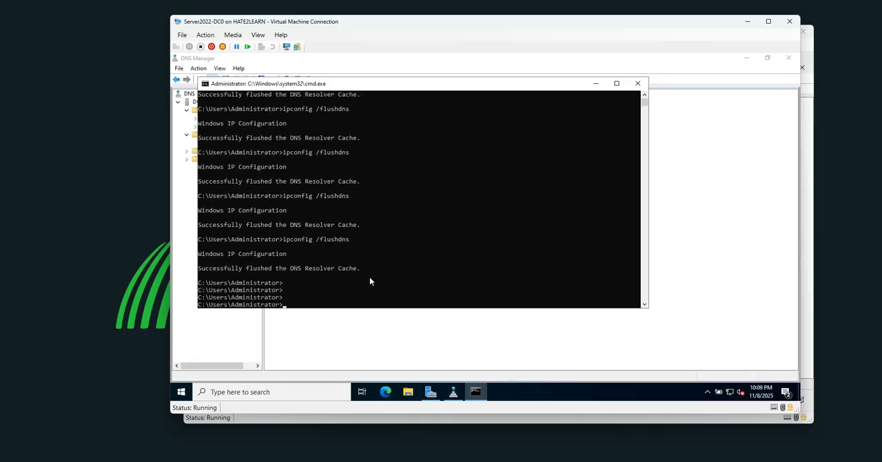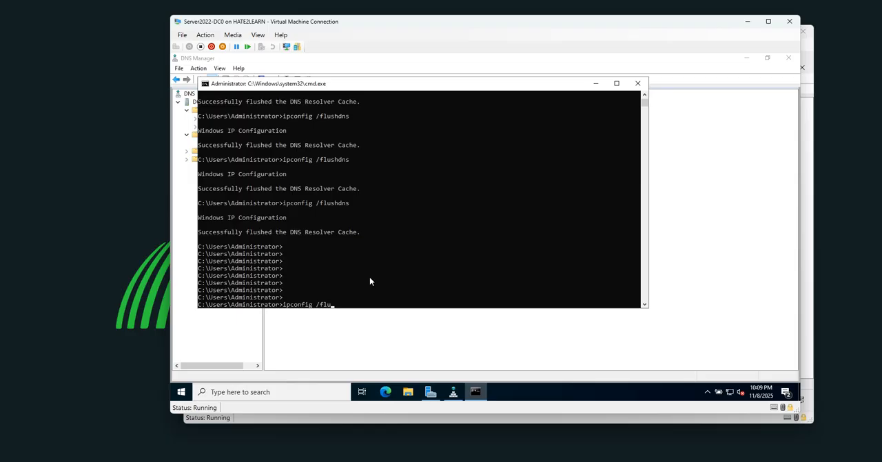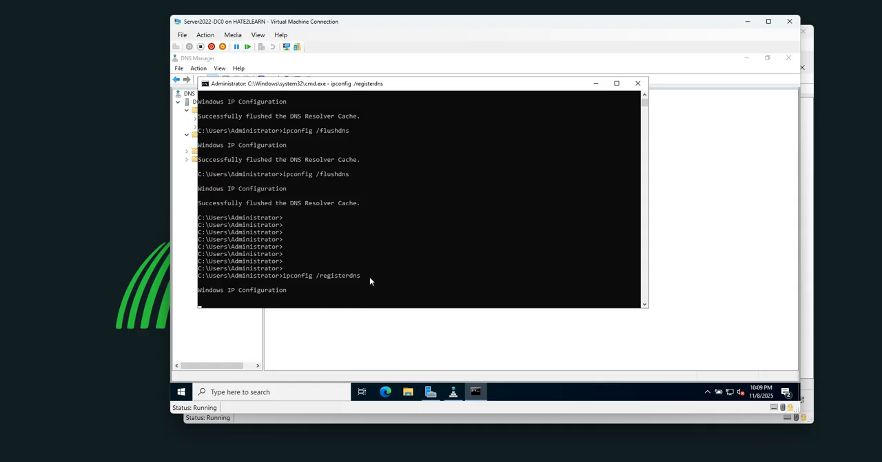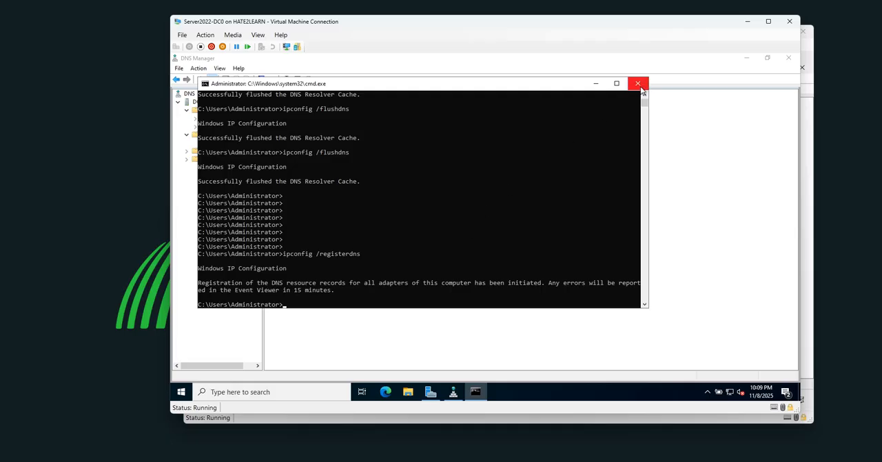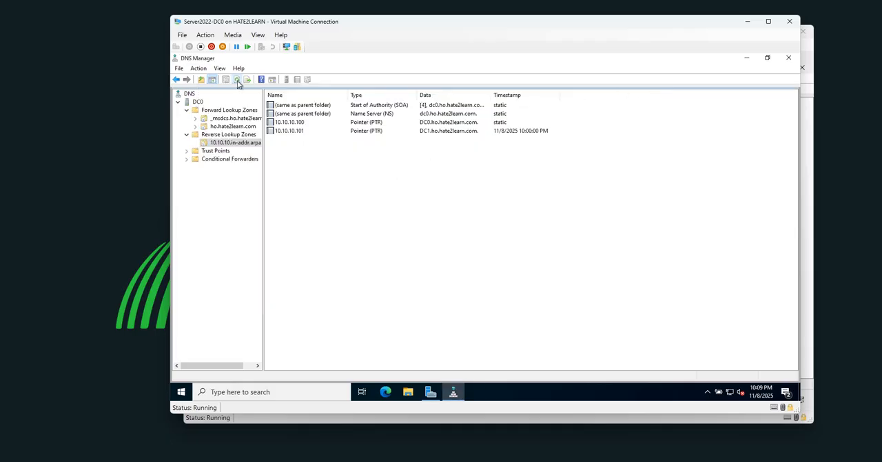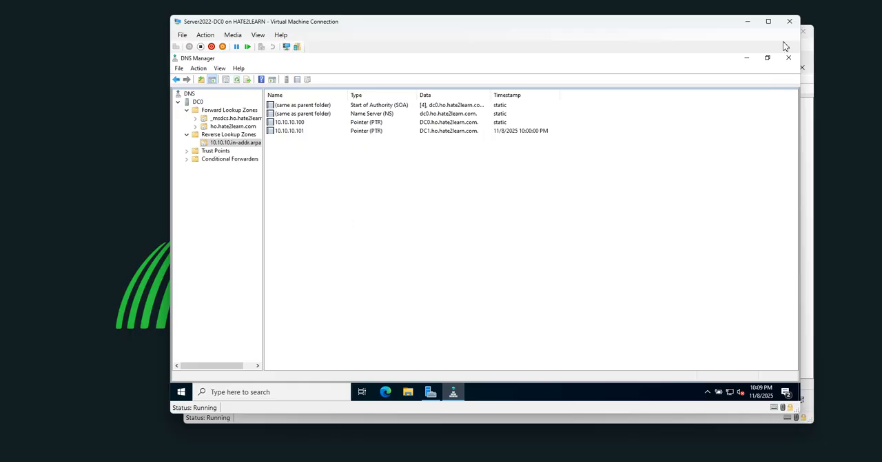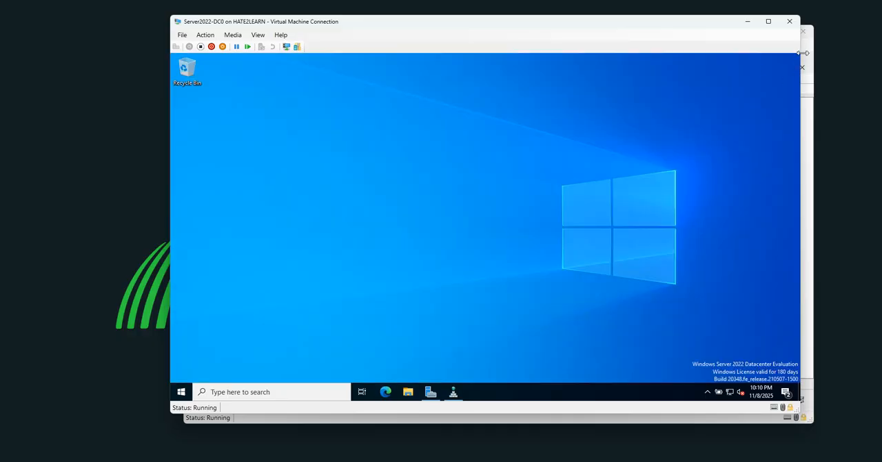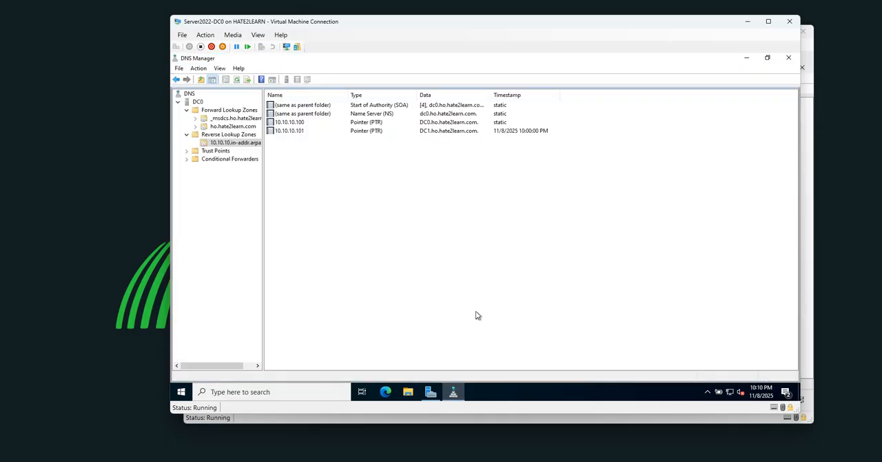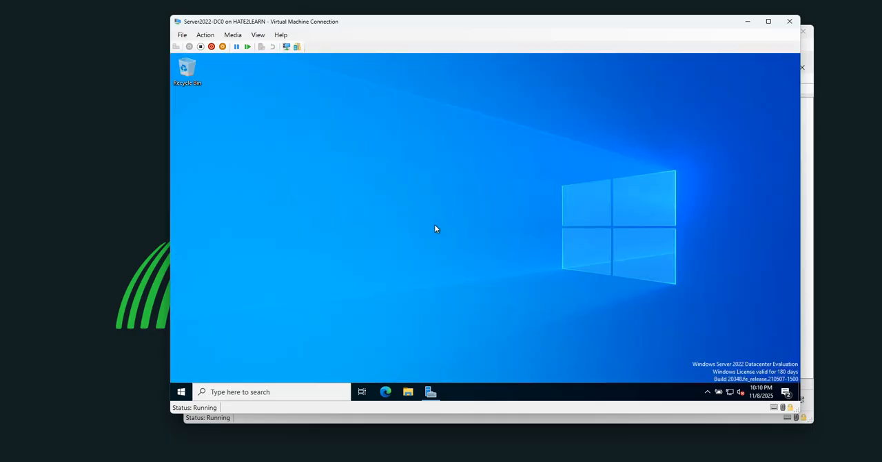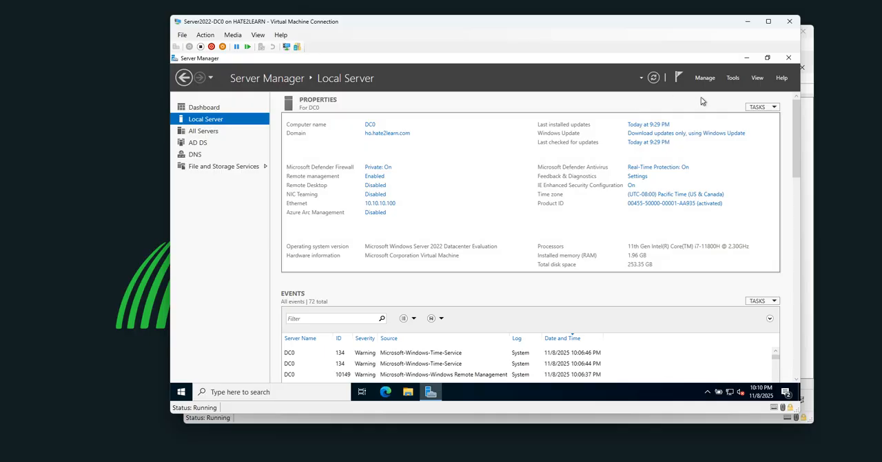Do it a few times. Now do the same thing, but change flushdns to registerdns. Enter, and it's good. Let's refresh. Okay, everything looks good so far. We're going to stay here. Let's close DNS, and now we will install